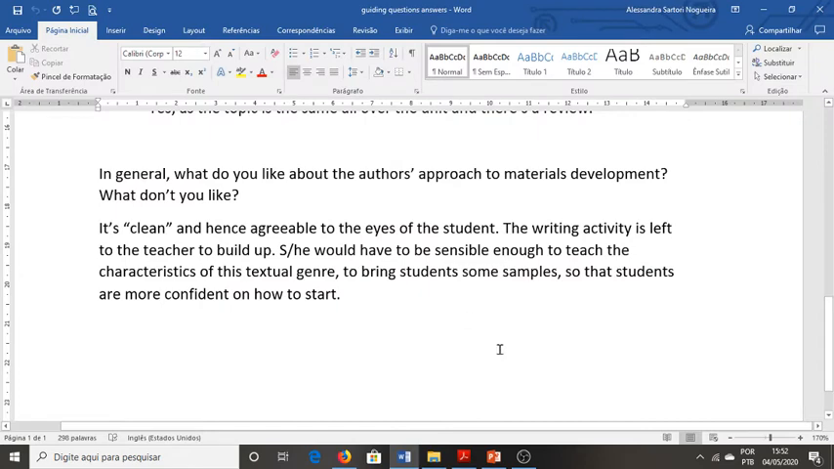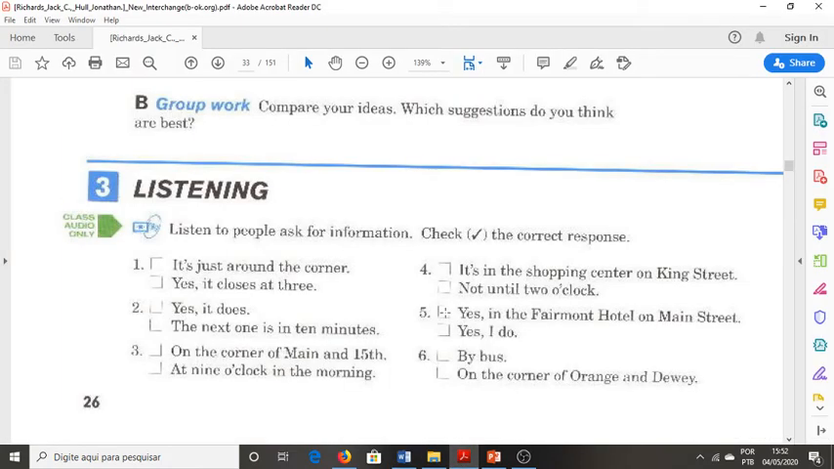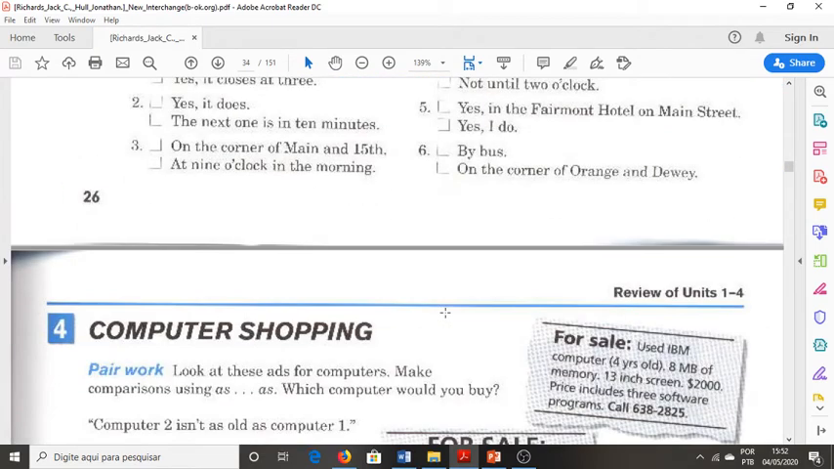What else? The writing activity. Well, this is the part I don't like. The writing activity is left to the teacher to build up. He or she would have to be sensible enough to teach the characteristics of this textual genre, to bring students some samples so that students are more confident on how to start. Well, this is actually a general criticism that I have